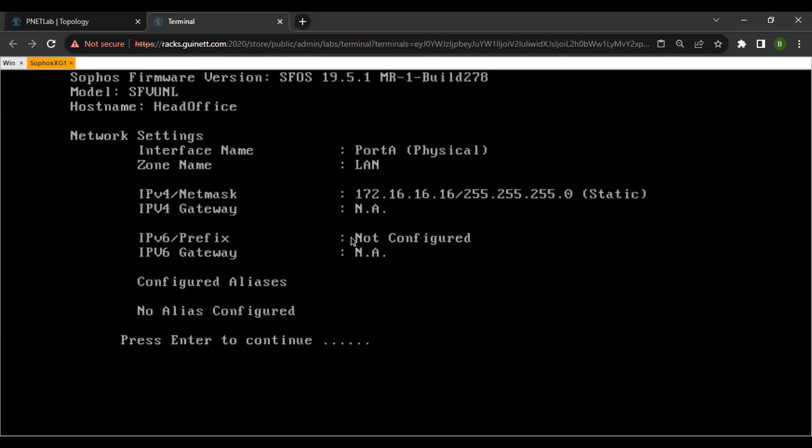Obviously you have to select the first option, network configuration. Now you will see the network settings, okay, जो आपका network setting होगा आपको पता चलेगा। अभी यहाँ पे पता चल रहा है पोर्ट A पे 172.16.16.16 है, राइट। तो क्या कर सकते हो, वो LAN पोर्ट है यहाँ पे, तो लैपटॉप कनेक्ट करो पोर्ट A पे, ओके, एंड कॉन्फ़िगर 172.16.16 गेटवे IP कॉन्फ़िगर करो, सबनेट मास्क कॉन्फ़िगर करो, एंड कॉन्फ़िगर एनी ऑफ द IP from this range and try to access the firewall, okay। तो आपको firewall का access आ गया, and then you can start doing your configuration।